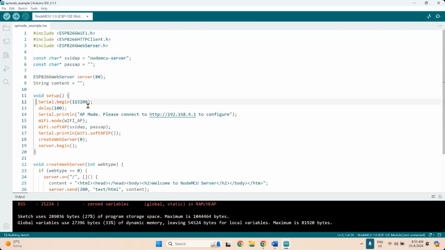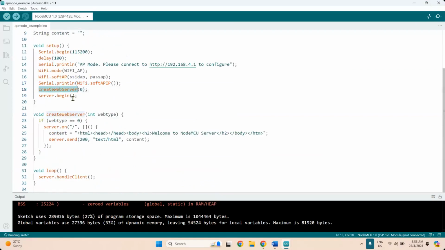And then down here, inside the setup mode, we have our serial begin with our baud rate. And this is just to print out on our terminal, which when the user connects to our access point mode, we need to enter this IP address, which is the IP address of the server itself. Turn on the Wi-Fi mode, which is the Wi-Fi access point mode, and then use the soft AP to create the server with the server name, SSID, and pass IP. And then this is just to print out the IP address. You can just remove them.